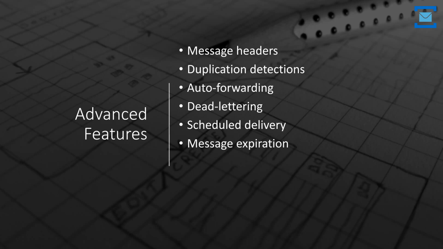Message expiration is also a powerful feature provided by Azure Service Bus out of the box. The idea behind this is messages can be purged if they have not been processed by a certain date time. While the example that I will provide might not necessarily be the best one, think about stock updates, right? If the stock update is not received within, let's say, 30 seconds or 1 minute, then that message is no longer relevant. Rather than wasting processing power on receiving the message and processing it, it's better to discard it because there's likely to be a next message with the next update, right, which should be processed.